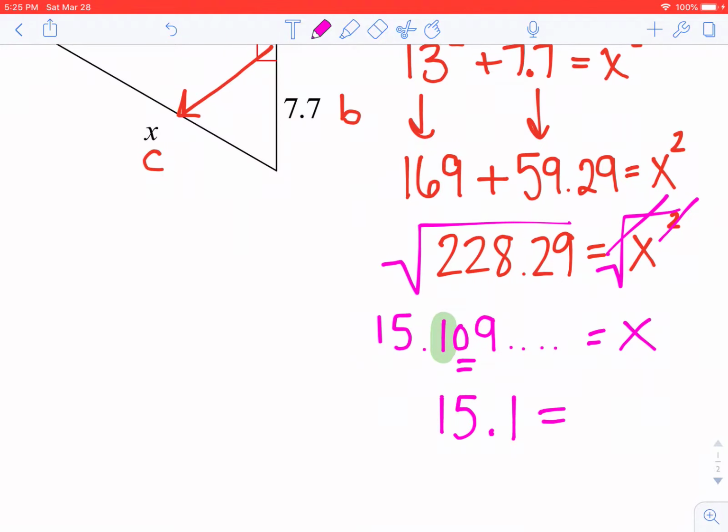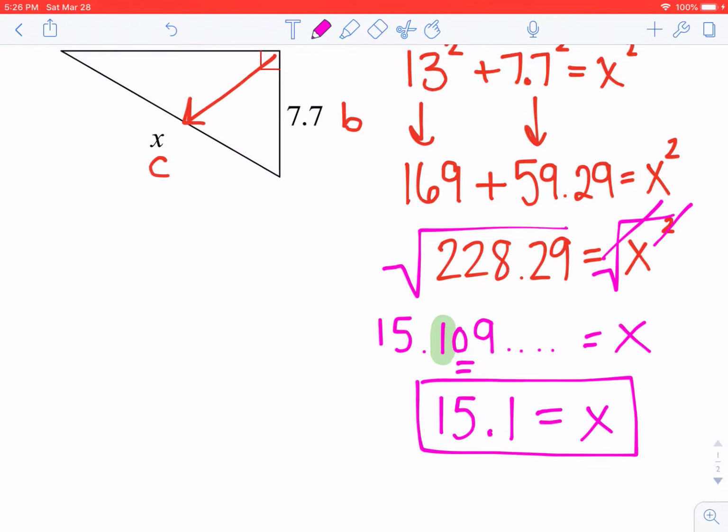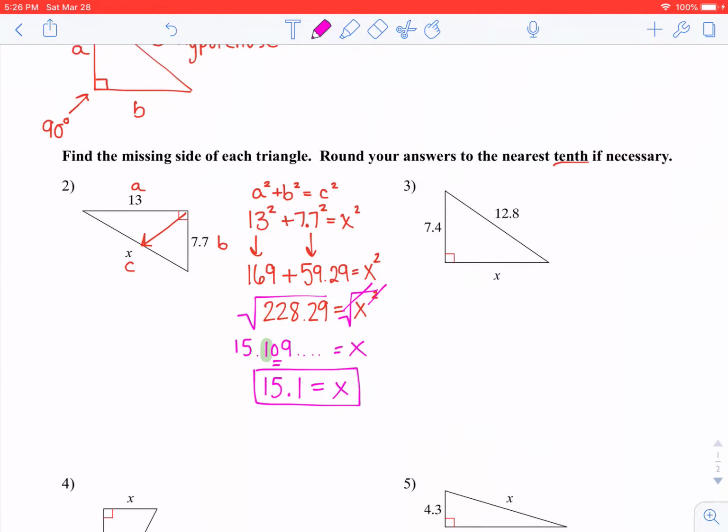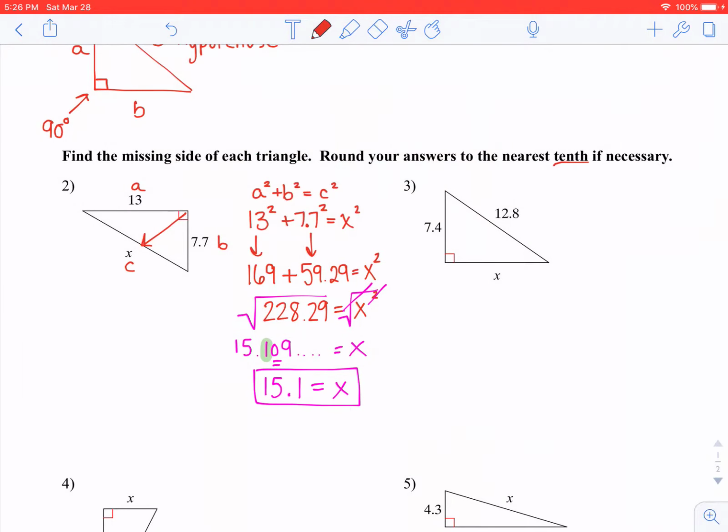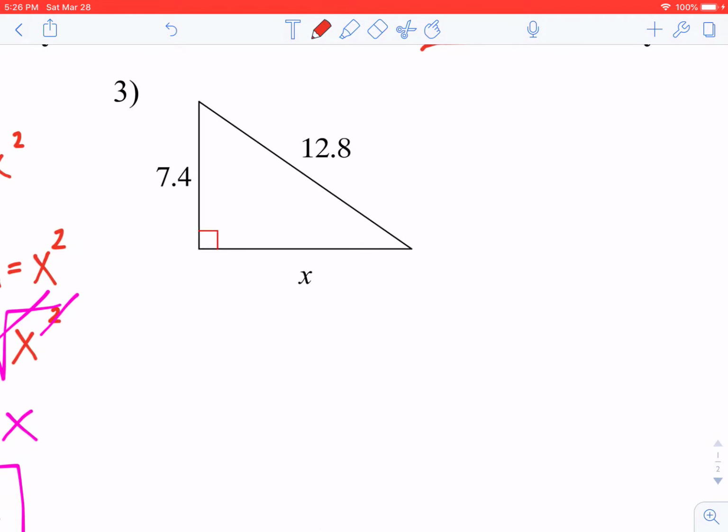So 15.1 is going to be my final answer when I round it. All right. So that's how to use the Pythagorean theorem to find a hypotenuse. That's what we were finding in that example. To find a leg, which is what we're going to do for number 3, it's more or less the same to start off. It's just you're going to have one additional step that you're going to have to take care